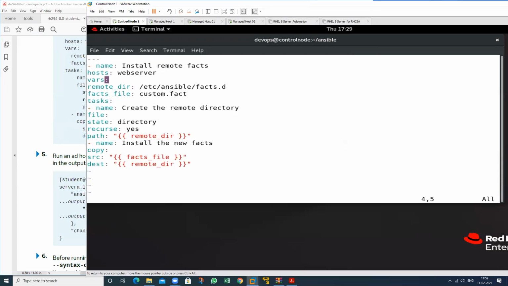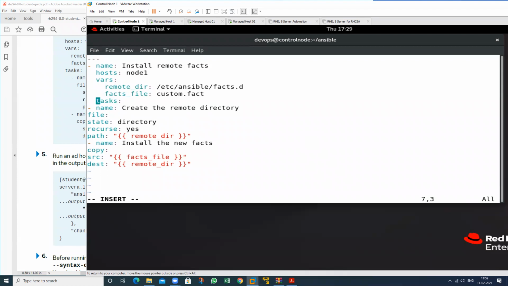So what is my name? Web servers. Group name is web server, but I want to place this only on node 1. Suppose I want to place this only on node 1. So just give the host name, just variable name, and just remote dir. This is fact underscore file.